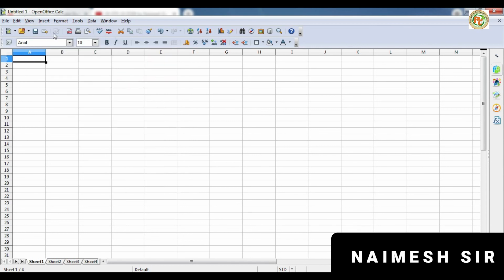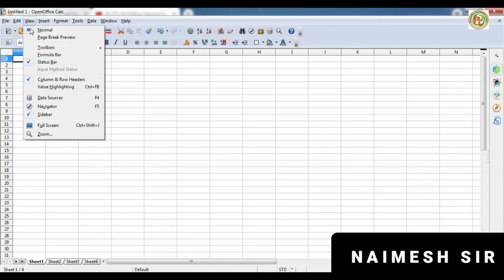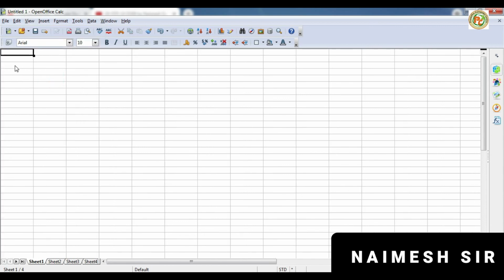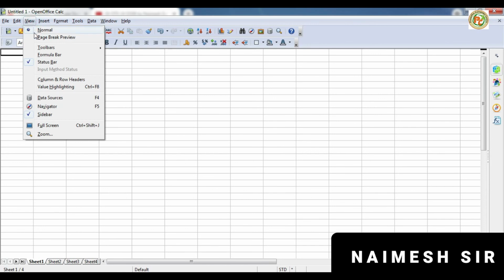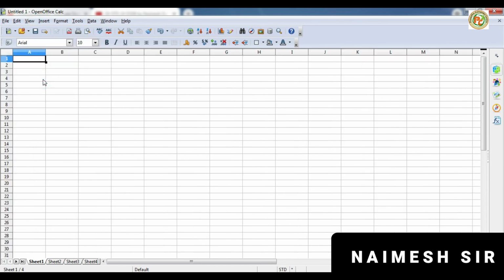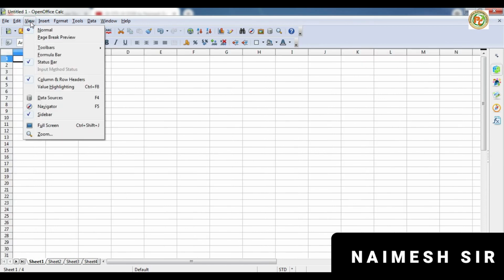So the Find option is there. Okay, so this way we can show and we can hide different toolbars from here. If you want to hide the column and row headers, you can see the row and column headers disappear, but if you want them, then click again and they will be displayed. Okay, so these are the different ways to hide and unhide things.